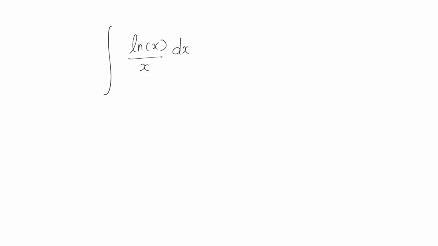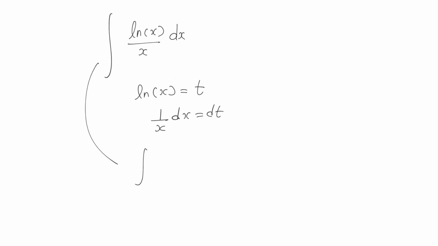So our correct substitution is ln x equal to t. If it is x equal to t, then the differentiation of x is just dx, and you will not get this term ln x dx. So our correct substitution is ln of x equal to t, so that if I differentiate ln x, I'll get 1 by x dx, which is equal to dt. So we can modify this equation like this: integration of ln x, which we took as t, and 1 by x dx is nothing but dt.